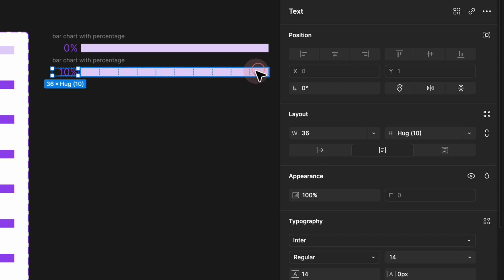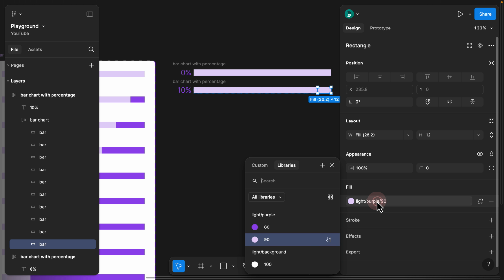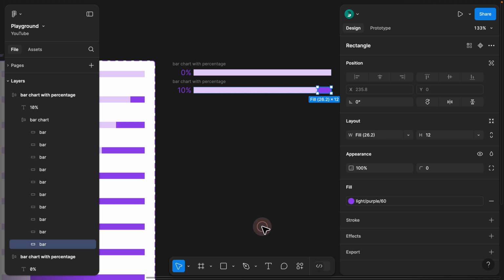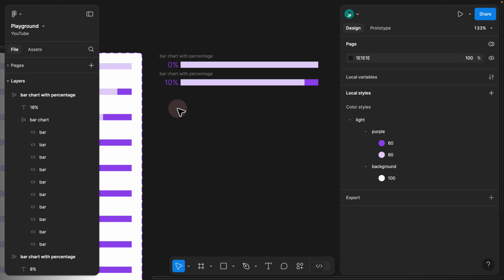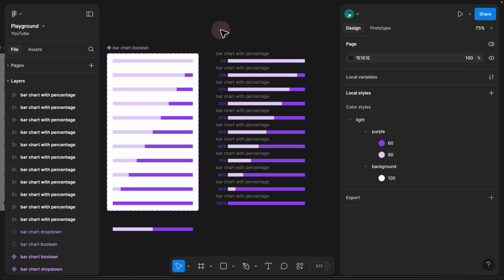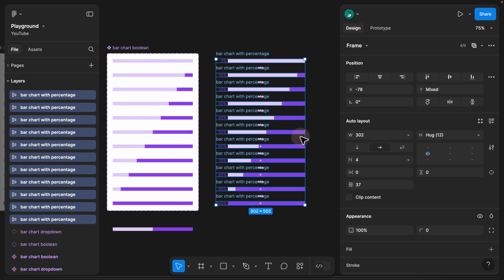I would select the first one. And instead of having purple, which is the 90, I would go with purple 60. So I'm going to fast forward that all the way to 100%. Step 37. So I went ahead and I fast forwarded. And as you can see, if we highlight all of them, it is working as expected and we have the